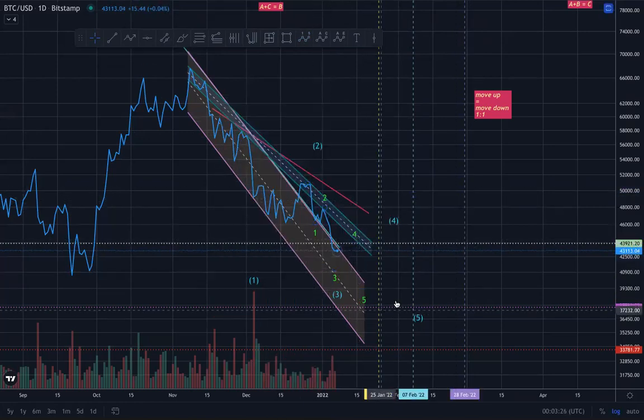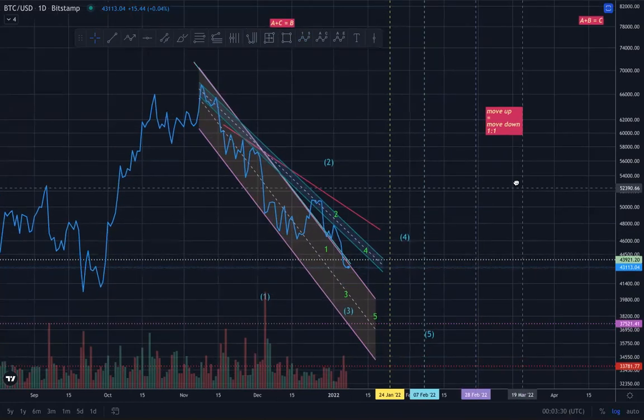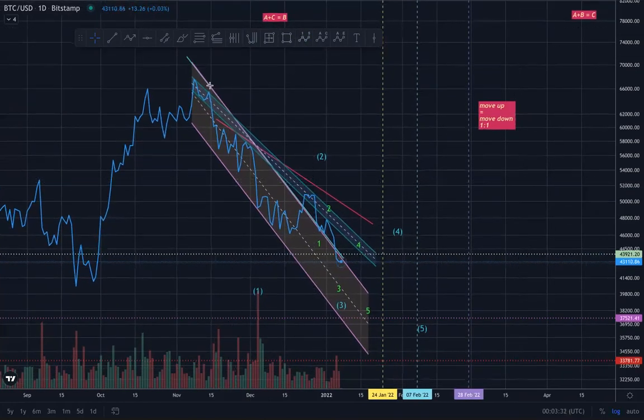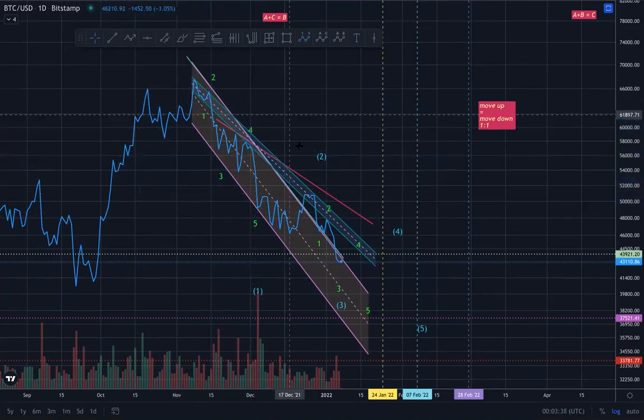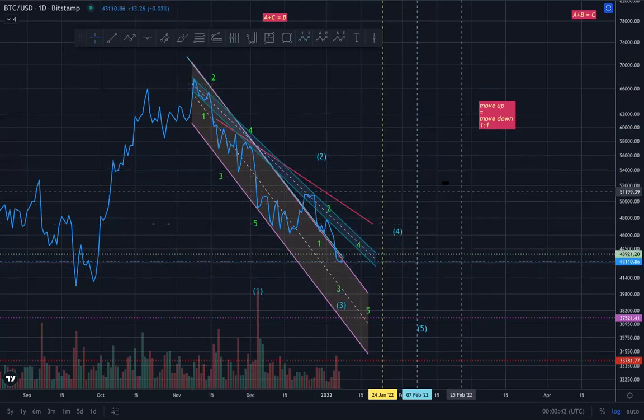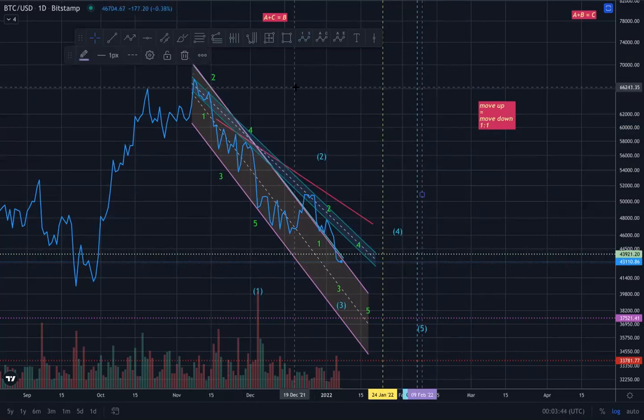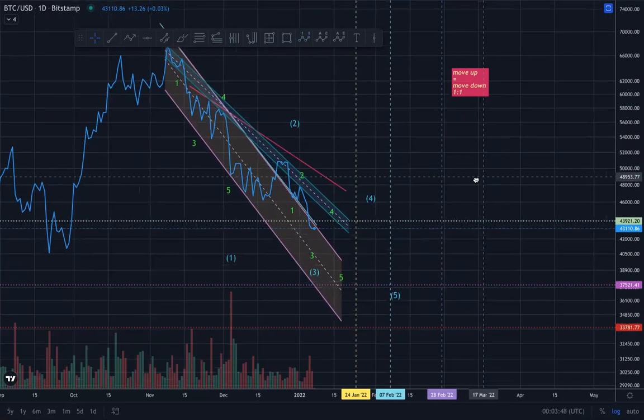Right, so it would be a smaller degree, and we would also, of course, have that here. And this would be the 1, the 2, and now we're into our 3, which is, oops, please undo that. We'd be into our 3, which